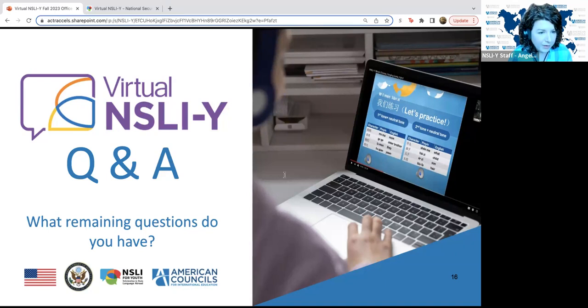Similarly, we do have what we call heritage speakers, students whose family speaks the language, but the student does not. As long as the student really is a true beginner, they would be eligible for this program. But we don't want a student to apply and then find out that the program is a level underneath where they're at.